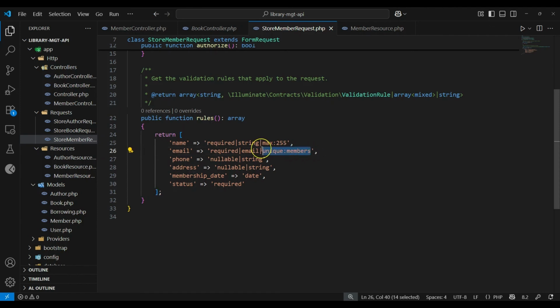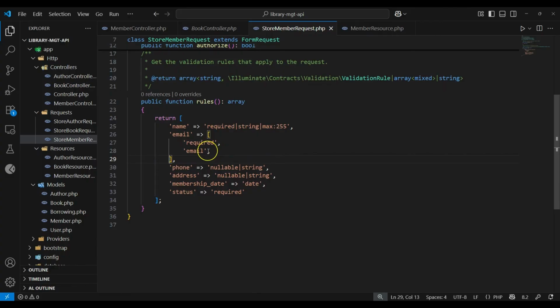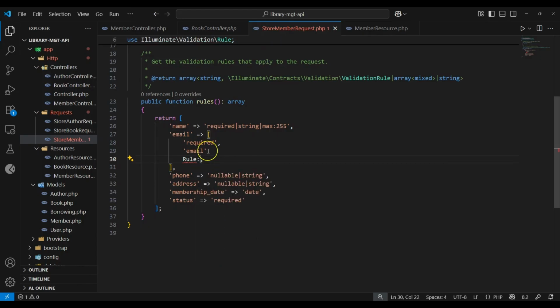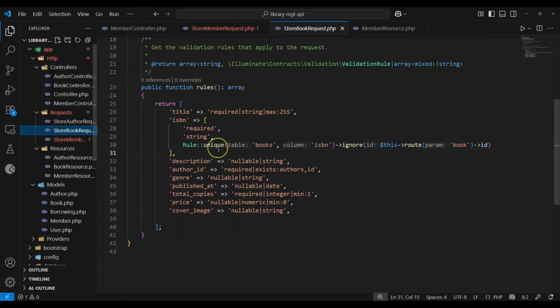So here we are going just to remove this and make this separate items, inside an array like this, and then we are going to call the rule,